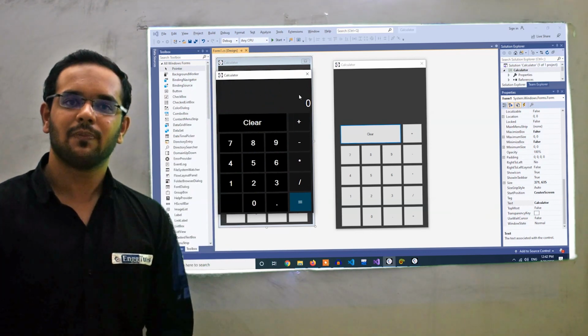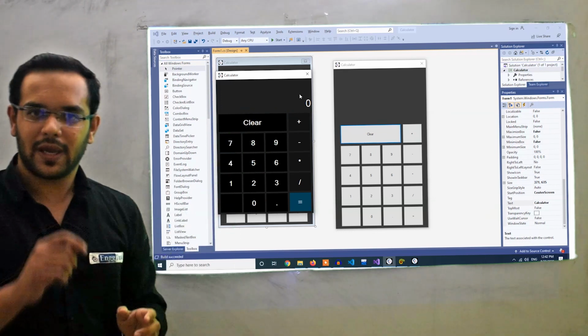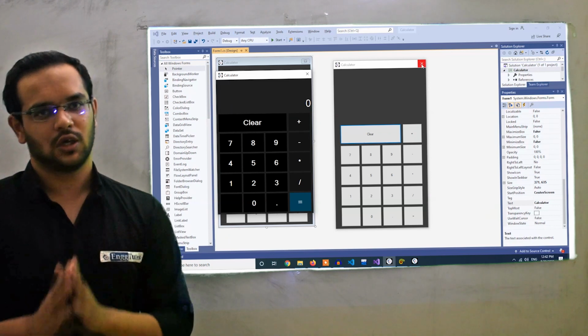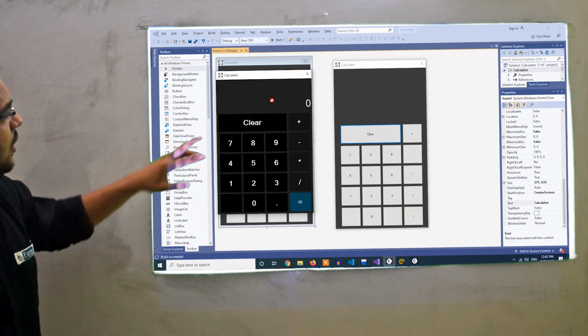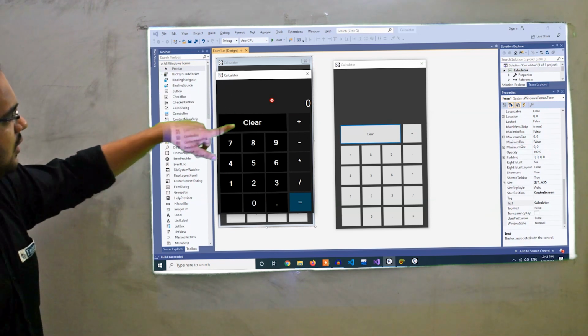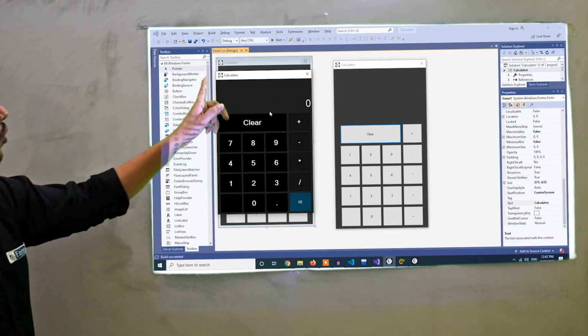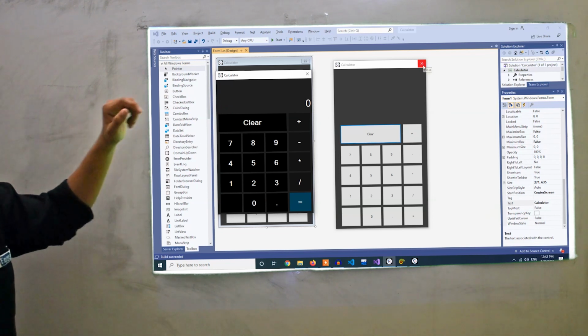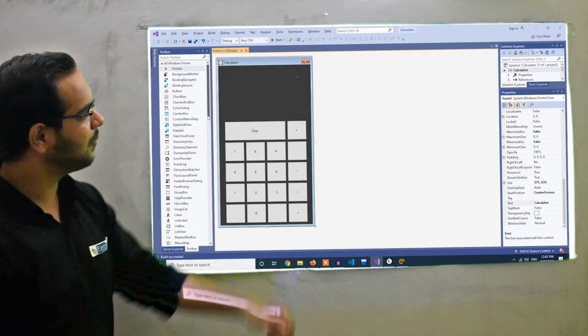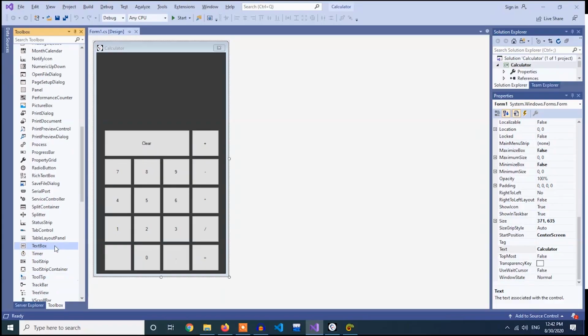So just get pen and paper, draw this output on paper first, and then develop your front end accordingly. Then we need two text boxes for displaying this result and storing the previous result. So now we will drag and drop two text boxes over these buttons.